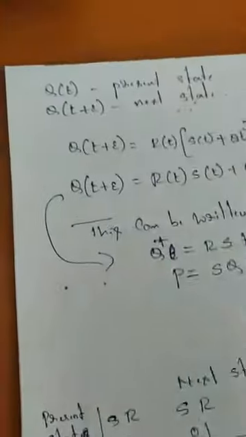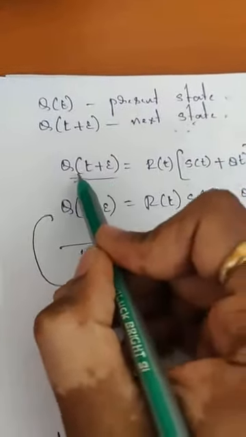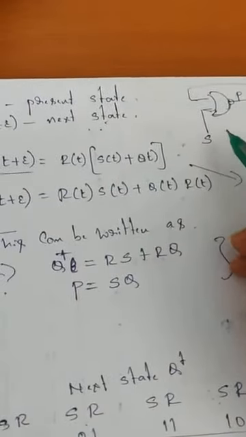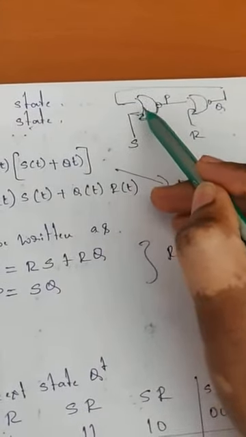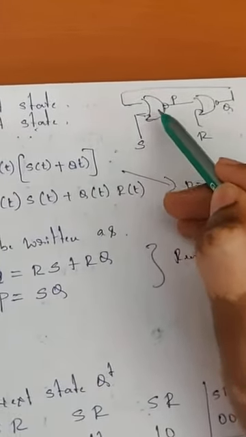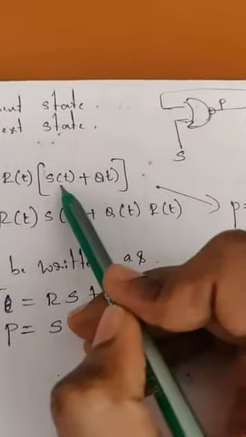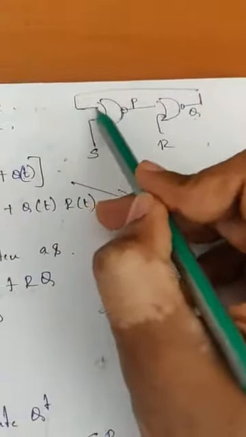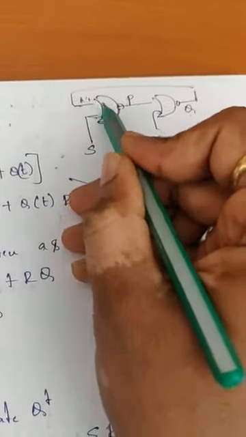Look at this equation. To get the next state, q of t plus propagation delay, what do you need? You need the output of q to be passed to the input of this NOR gate, and for this NOR gate, what is the other input? S and the output of q. That is what I have written, s of t plus q of t. Q of t is here, this will be your q of t, and this will be your s of t.